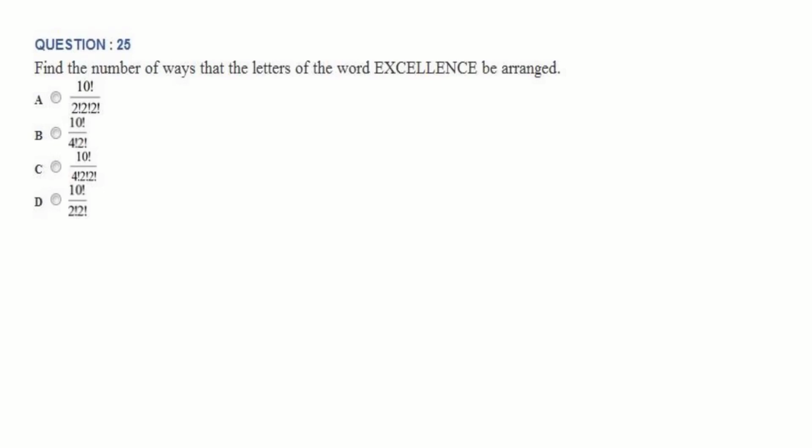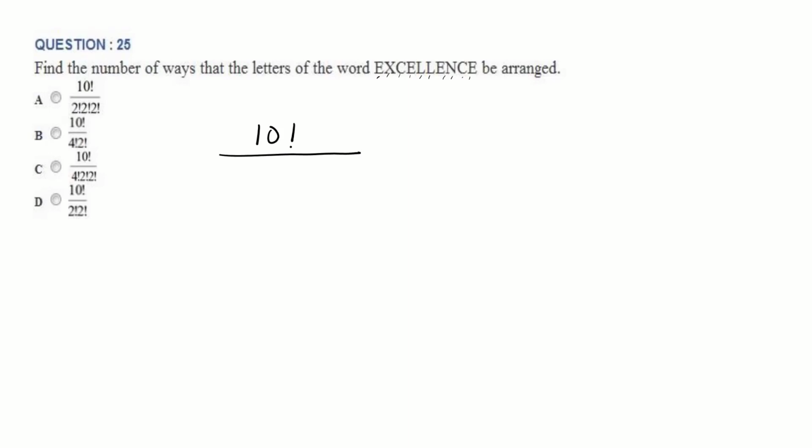What you have to do is to count how many letters you have in this word excellence, and that is 1, 2, 3, 4, 5, 6, 7, 8, 9, 10. That is 10. So we write 10 factorial. I already explained the meaning of factorial. Then we divide by